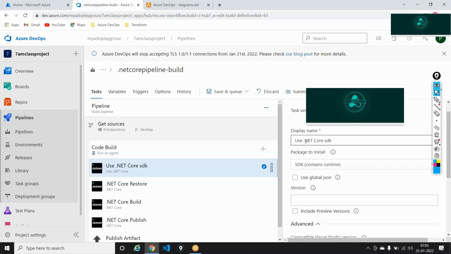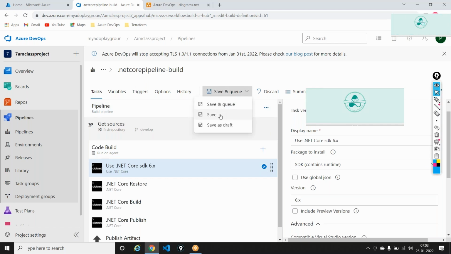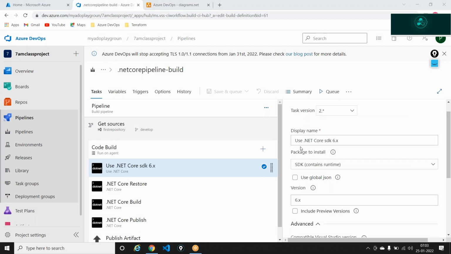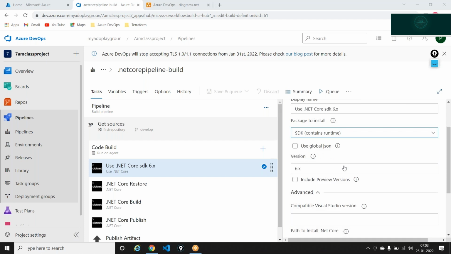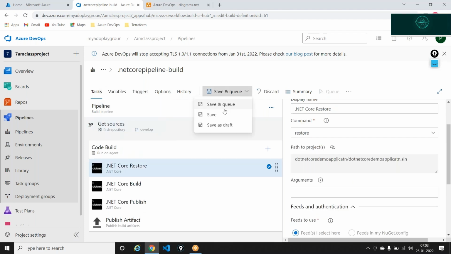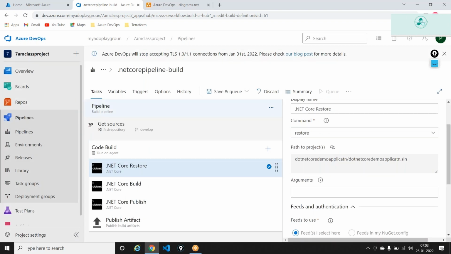And in the version, now this will basically go ahead and install .NET, the proper version of the .NET on your pipeline. So just do 6.x, meaning 6 dot anything that is latest in that particular 6 version, and then you can save it out. In my case, I'm not getting this error because I'm using Visual Studio 2019, which is an older version, and I'm building my project using .NET 3.1. So I do not have to basically go ahead and declare this particular step. And please try this out and let me know if this is working. So in my case, I don't need this, or I'm removing this task. So I'll say save this out, save it out,